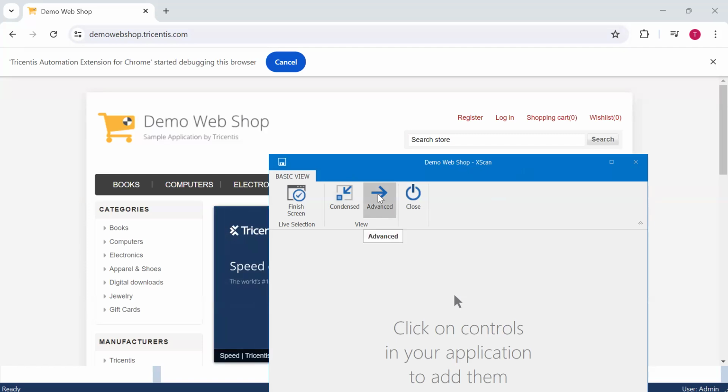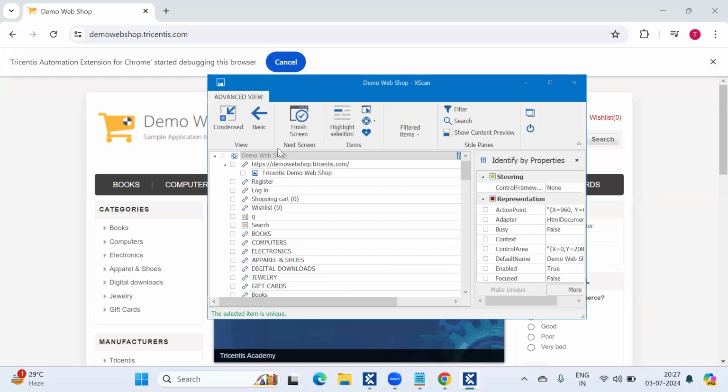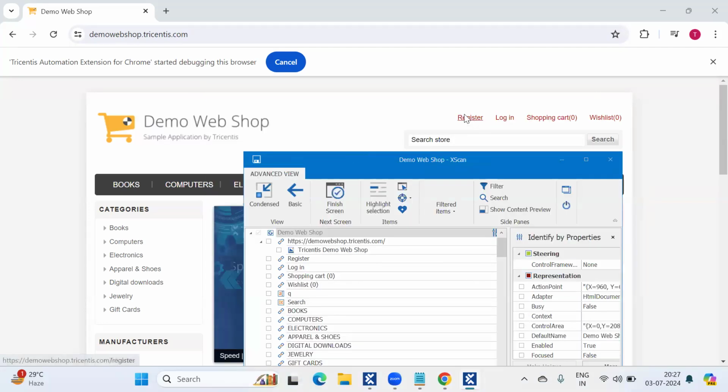If you jump to the advanced view, you can see all the other sections are also available here. If you click on select on screen, you can directly select your controls from the advanced view. I hope you find the difference. In condensed view, the XScan window will be minimized and you can scan the controls directly without clicking on select on screen.